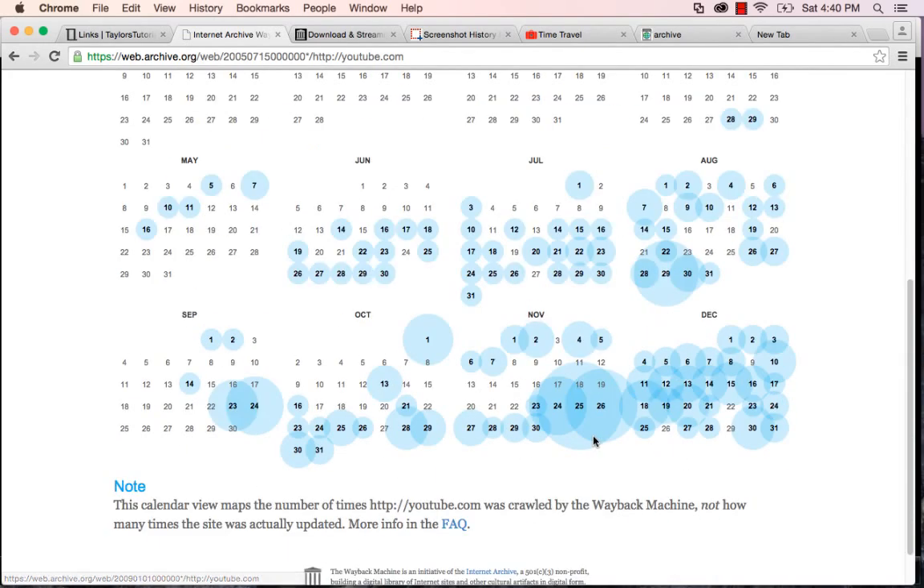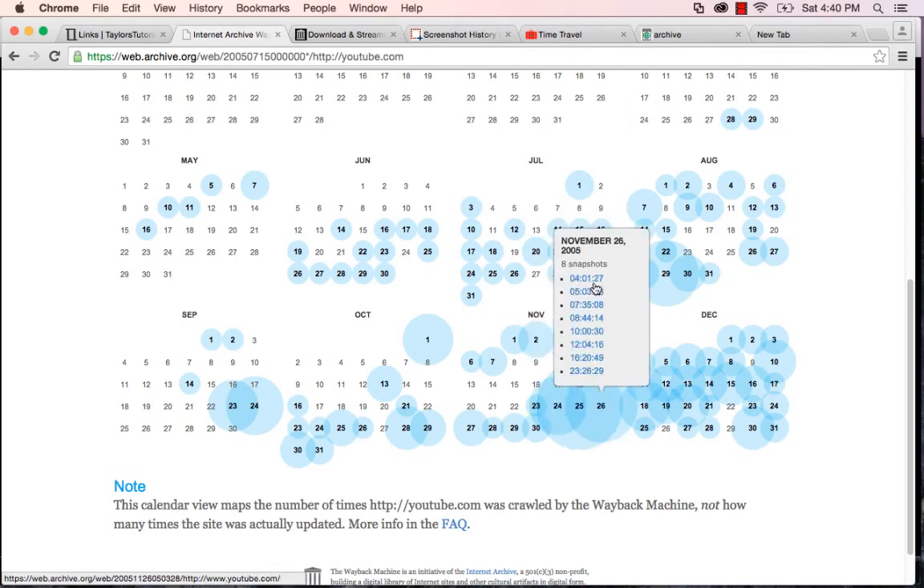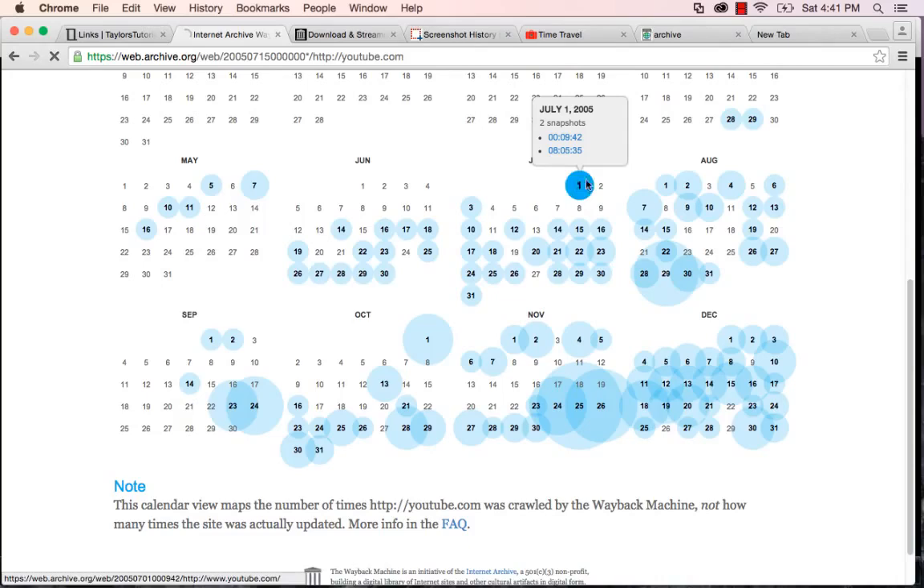So if you wanted to go back and see YouTube in its beginning stages, you can go back to 2005, that era, and click on any of these little blue circles. These blue circles show that it has been archived on that day. The bigger the circle, the bigger the amount of archives on that day. So if we just go to July 1st, 9:42,